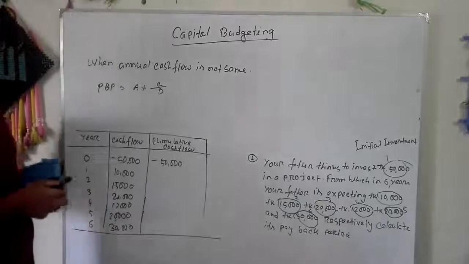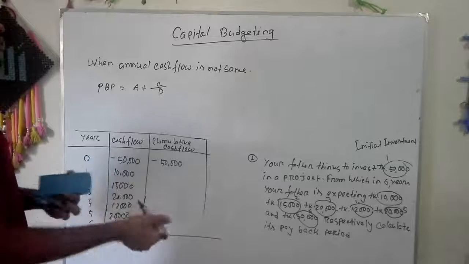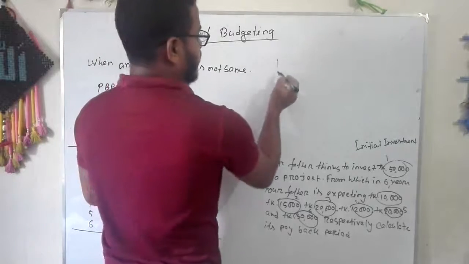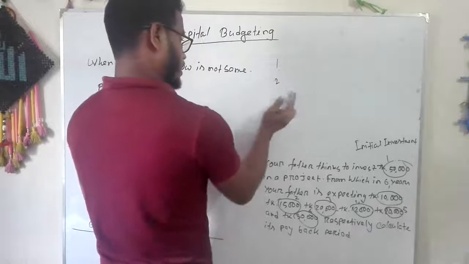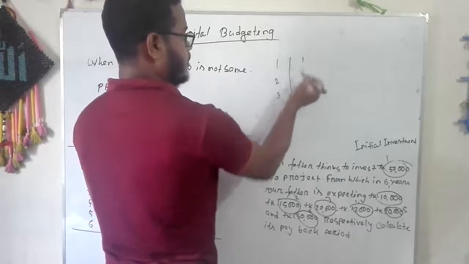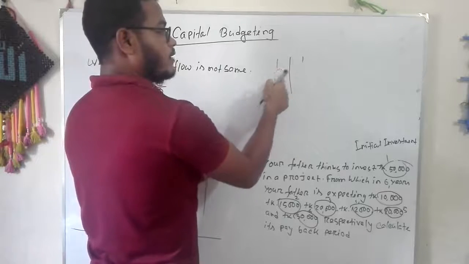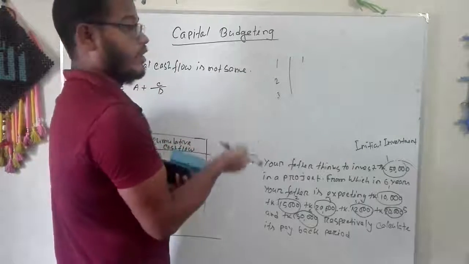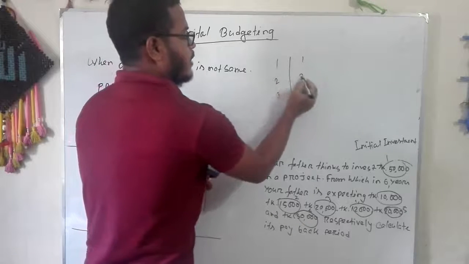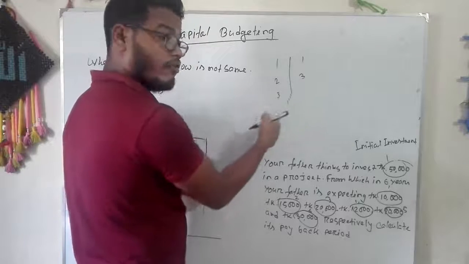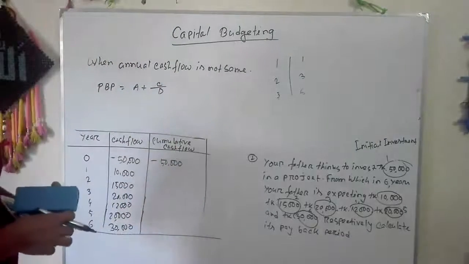So dear student, you have to know what cumulative frequency is. For example, if the first year is 1 taka, the second year is 2 taka, and the third year is 3 taka, then I write the first year as 1 taka. When I add 2 with 1, I get the second year cumulative frequency: 2 plus 1 is 3. The third year cumulative frequency is 3 plus 3, which is 6. It's called cumulative frequencies.